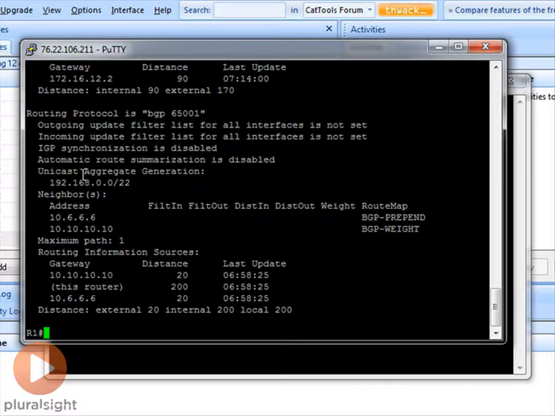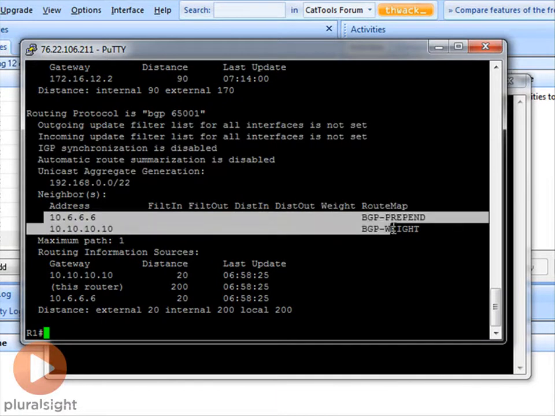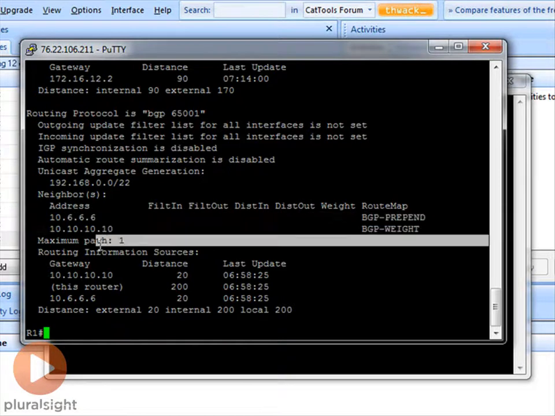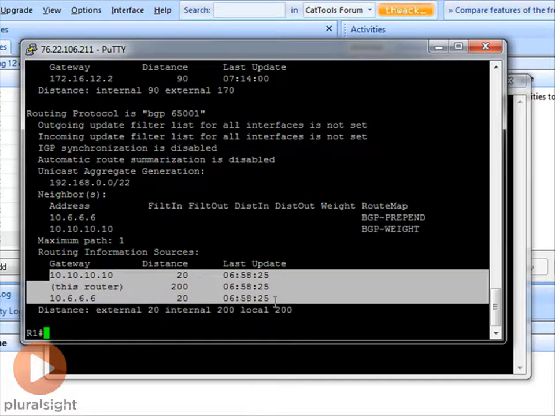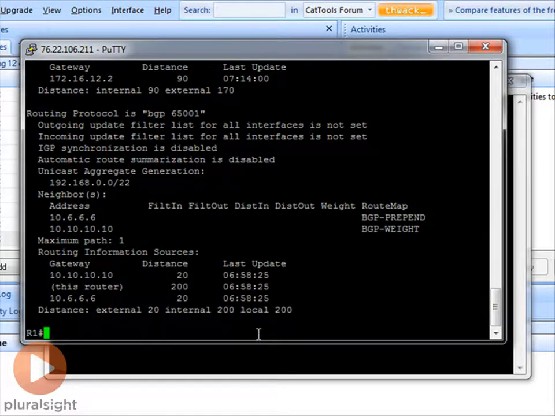Now notice here, it's talking about an aggregate address right here for one of the things that we configured. So you can see that information. It shows neighbors with some specific things that have been configured. We have some route maps here for AS path prepending and weight configuration. Maximum paths 1 is something we would have to change using the maximum paths command under BGP. And then obviously different things that are being brought by the peering routers. So that's one command. Obviously, show IP route